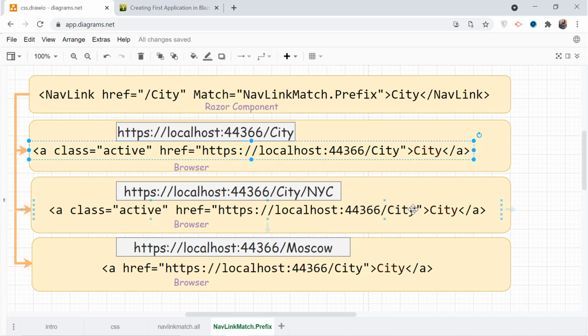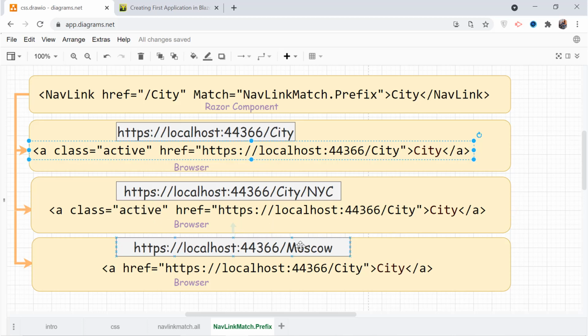If you see this, from the start till city, this is the prefix match. Here a prefix match is there, so class equal to active is applied.